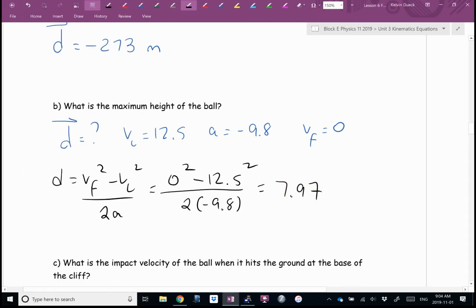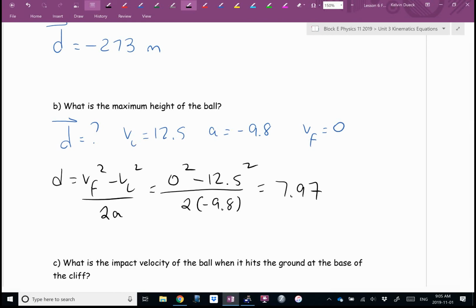For a candy, can anybody tell me why this is the wrong answer? Because this is wrong. Why is this wrong? Why is the maximum height not 7.97? We're standing on a cliff and we measure heights from the ground. Emma, candy for you, my angel. You know what? I'm giving out the Halloween candies. So you get, oh yeah, we're going big or going home. You can have one if you want, or give it to a friend. Okay? Did you hear what she said? She said, that's only how high above us it went, 7.97 meters, but we're standing on a cliff, and we need to measure this from the ground.